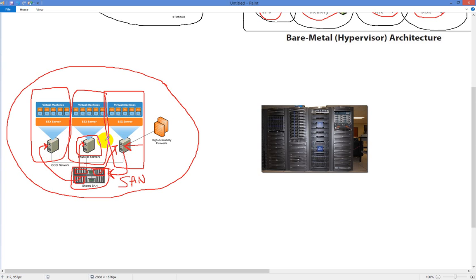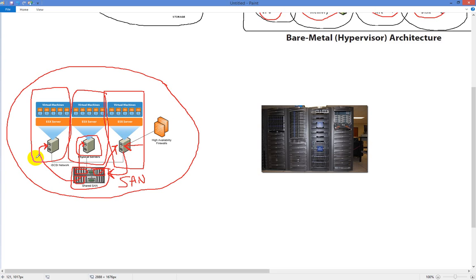So now let's assume for just a moment that you don't have an ESXi vCenter server set up. What that basically would mean is you wouldn't be able to do anything like vMotion. You wouldn't be able to do anything like storage vMotion. You wouldn't be able to manage all of your hosts from a single pane of glass.